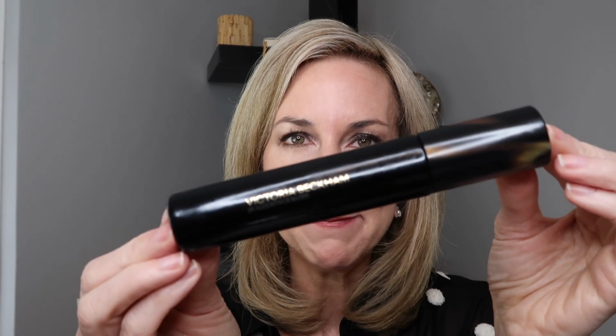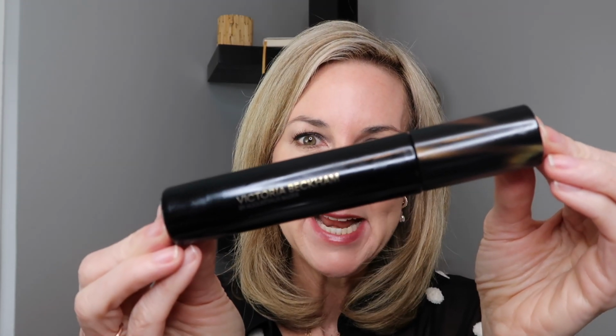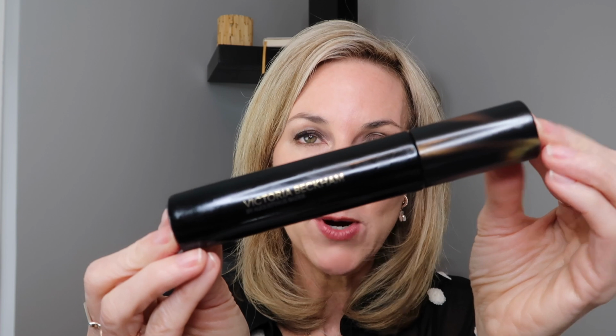Today we are going to be playing with the new Victoria Beckham Cell Rejuvenating Priming Moisturizer. Oh boy, yes, I caved. I picked this up and today we're gonna put this on my face. We're gonna put it to the test. I have been playing with this and I'll give you all my thoughts on this little guy here,